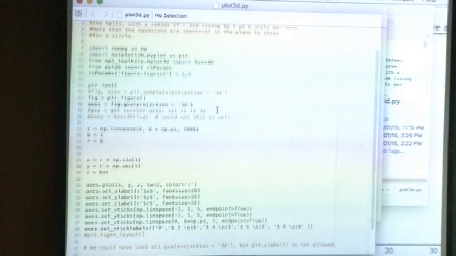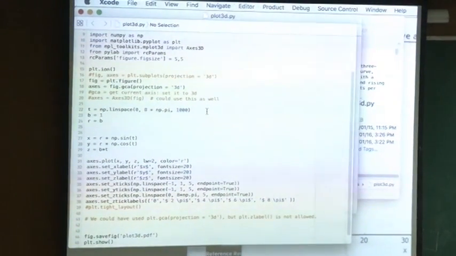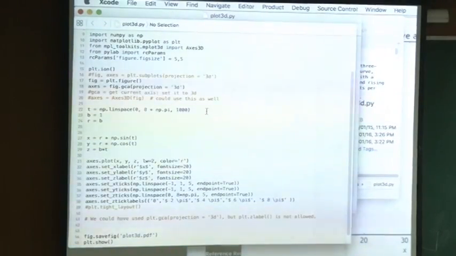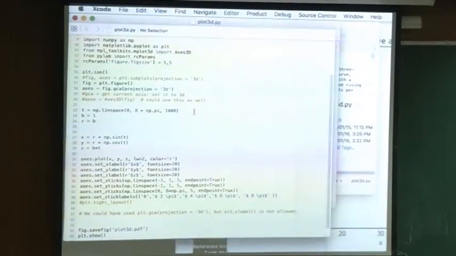Plot 3D, plot 3D. This makes this helical path, a particle in a magnetic field. I am going to use basically x comma y comma z, but I am using this axis 3D because this is a function. This is what is going to achieve it. It is exactly the same thing we did for vector 3D, but I am plotting not on a mesh, but I am plotting x, y, z. So if I run this one,